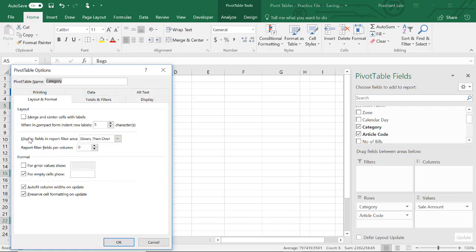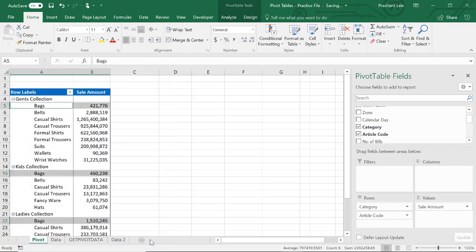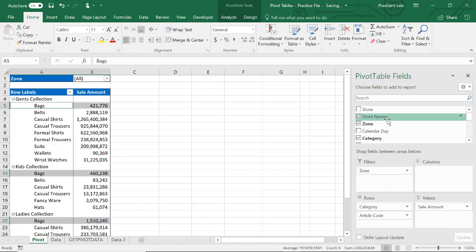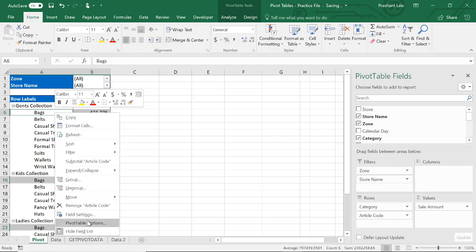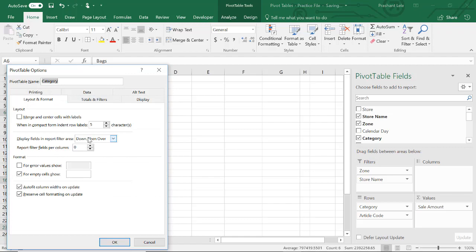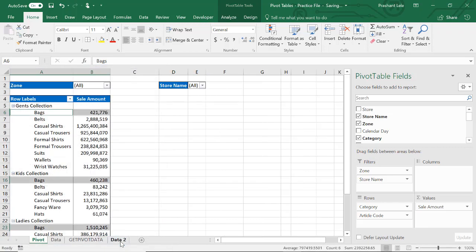The next option is display fields in report filter area, down then over. Suppose you have added one report filter, zone, and after that store name. By default it comes below the earlier one. But if you change the order in pivot table options, and instead of down then over you choose over then down, then what will happen?